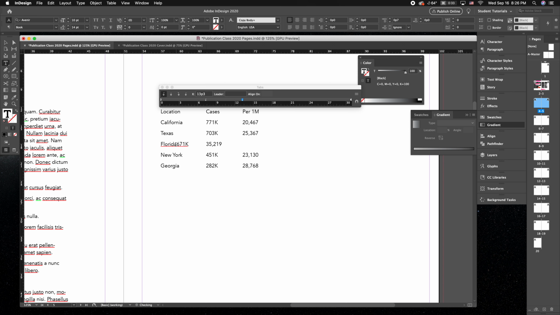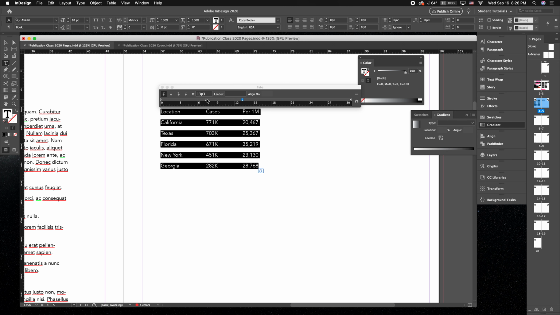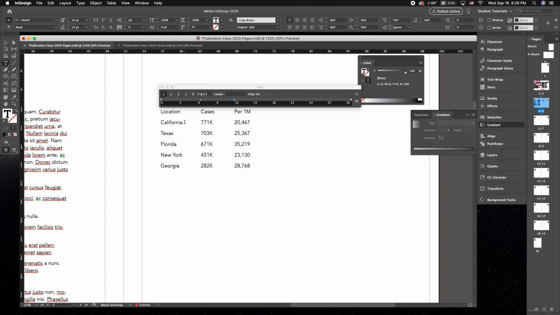So if I delete, you can see it goes all the way back to Florida, and I hit once, and now it goes right to that very first tab where it is. All right. So this is how you would control all of the lines for where you want those columns to sit. Now, there are many times that you want to have dots in between your